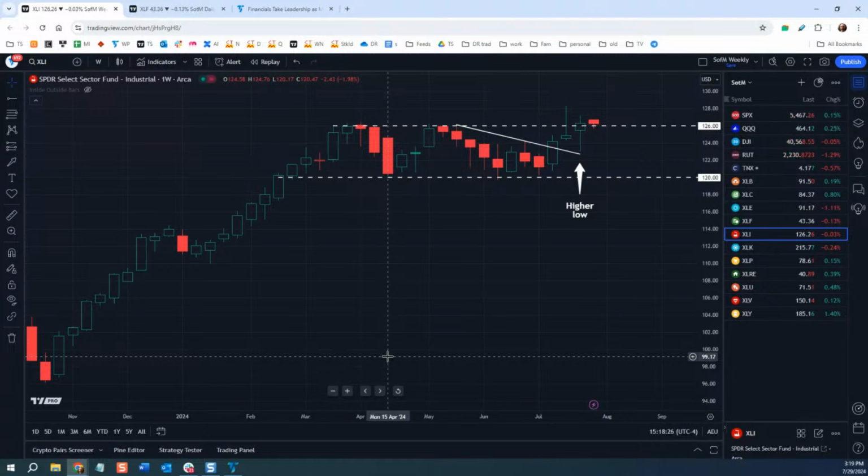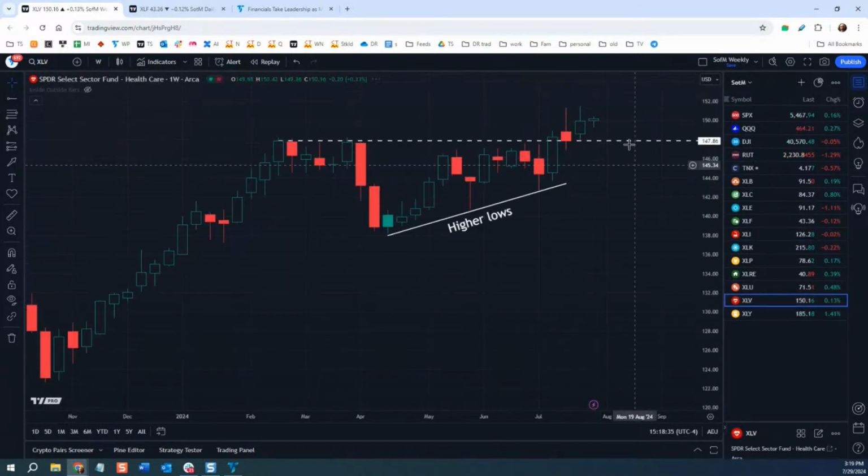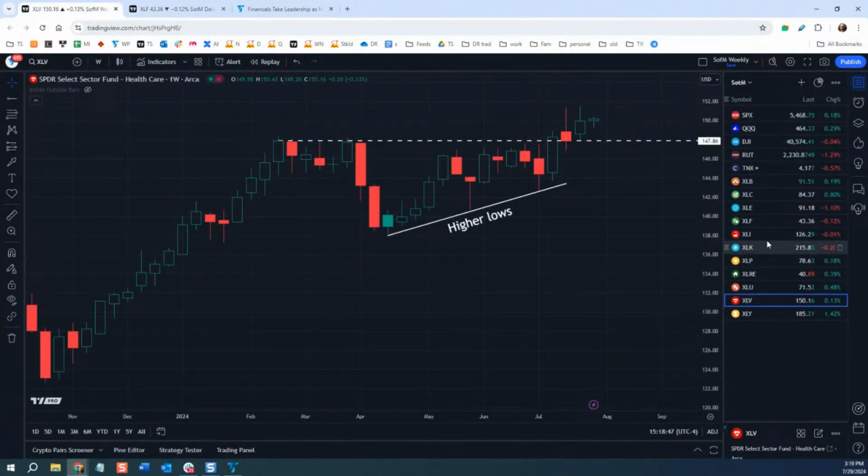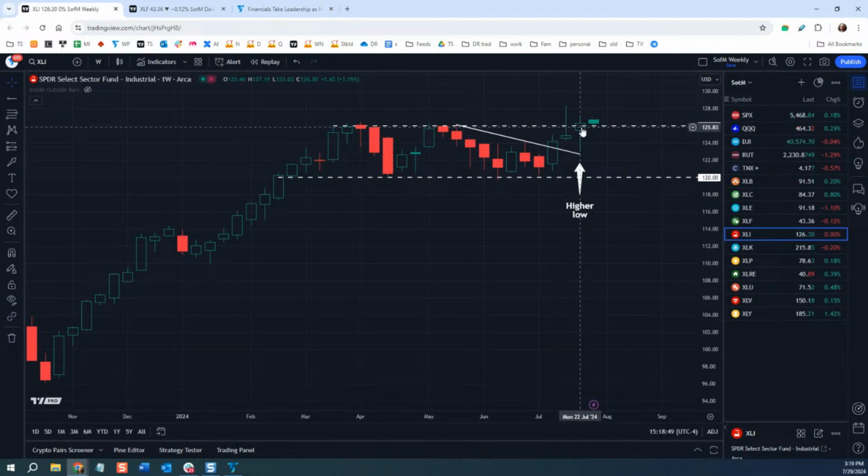What did we say about materials before? So this might be giving the signal that materials gave back in February and that healthcare actually gave not that long ago. I know it's boring, but healthcare closed at a record high. We're going to get to XLV, but look back here at the beginning of July, it closed at a record high, chopped, continued. And so now we get back over here to industrials. What do we see? It closed at a record high. It also made a higher low. It broke this trend. This is a really tight range here on the XLI between 120 and 126. So I think this is interesting.